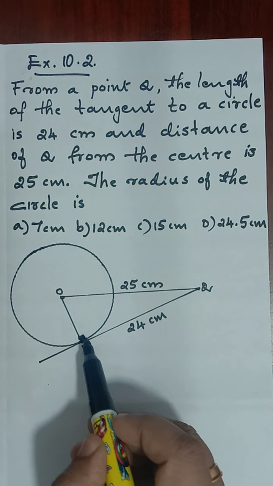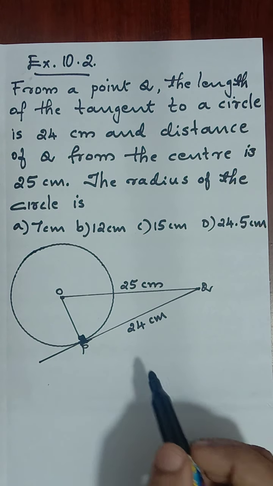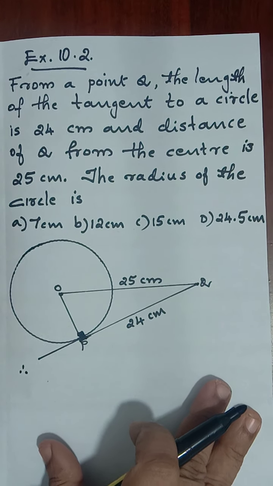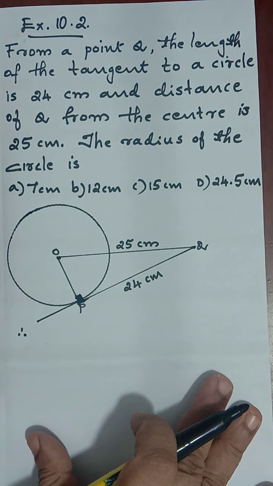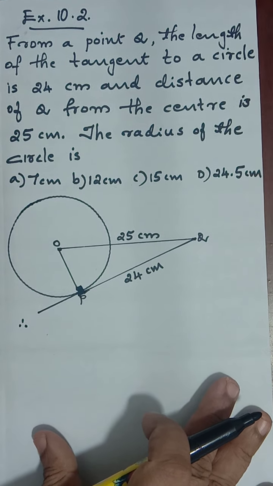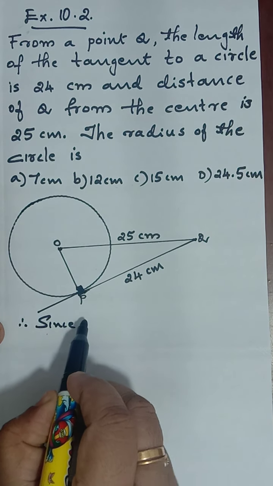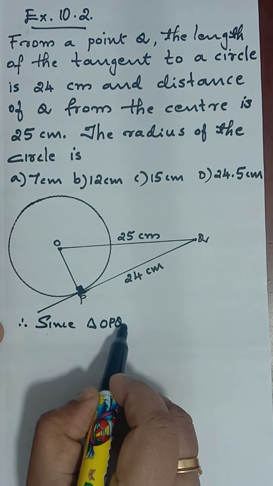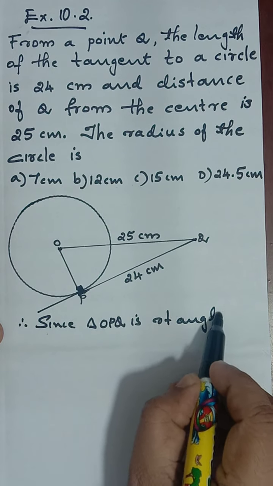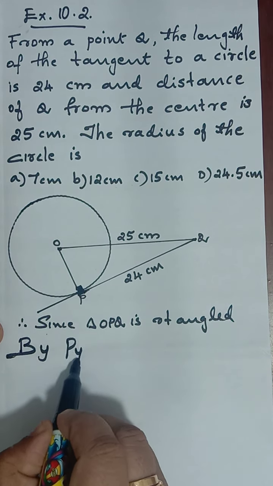So we know that OP is perpendicular to the tangent at the point of contact. Therefore, how will we write the steps? Here steps are not important for 1 mark. If it comes for 2 marks or 3 marks, you have to have the explanation. Here we will write all the steps. Since triangle OPQ is right angled,